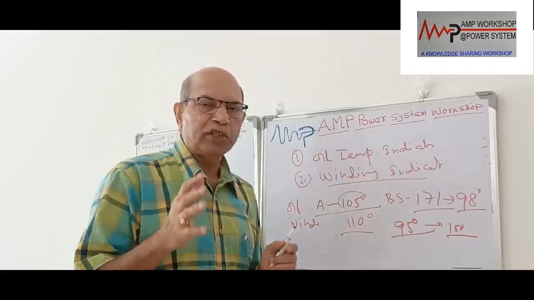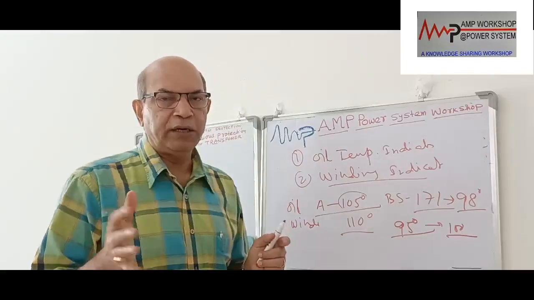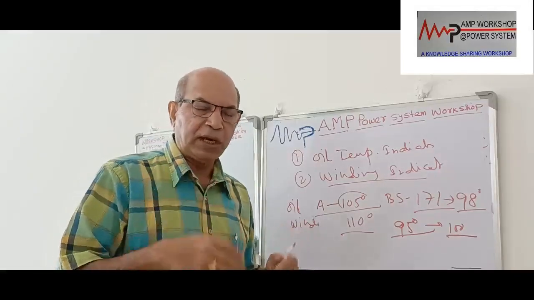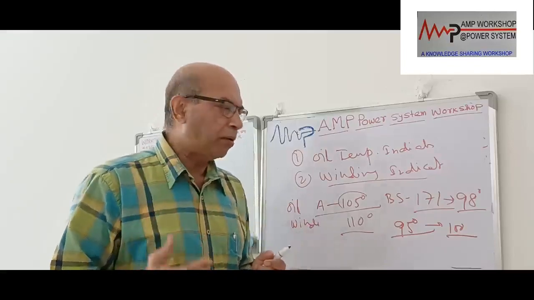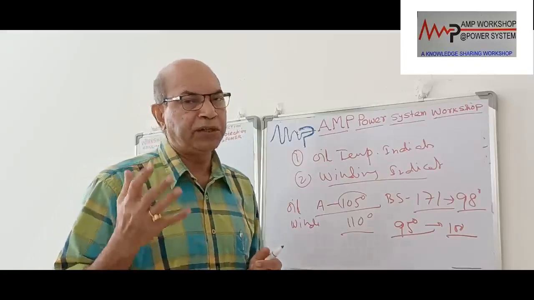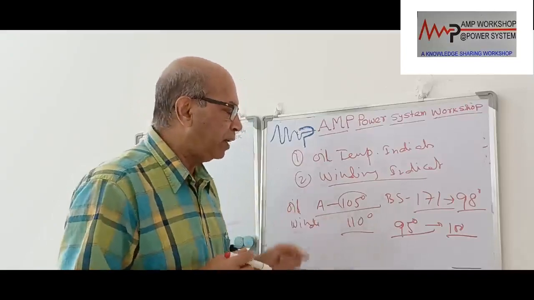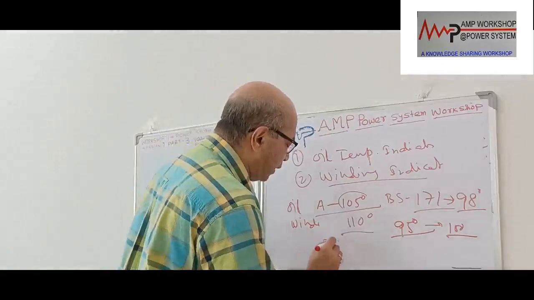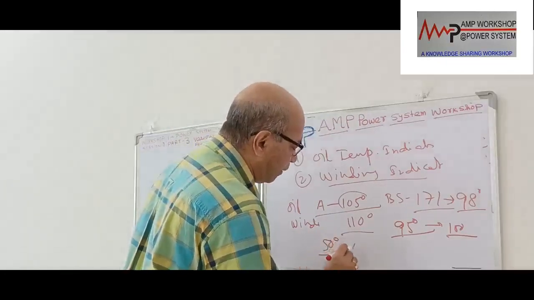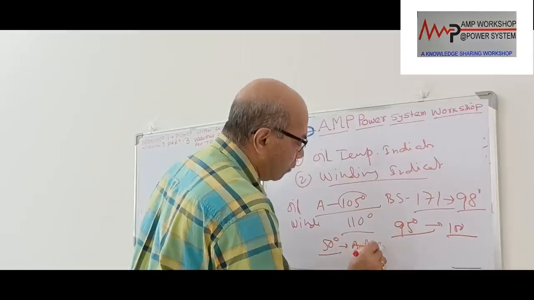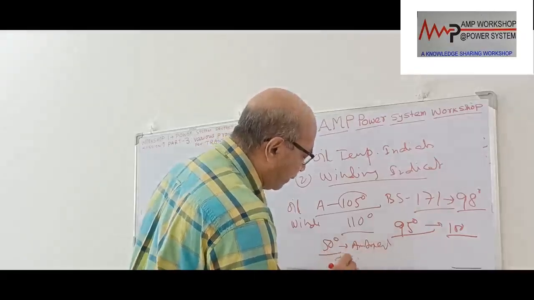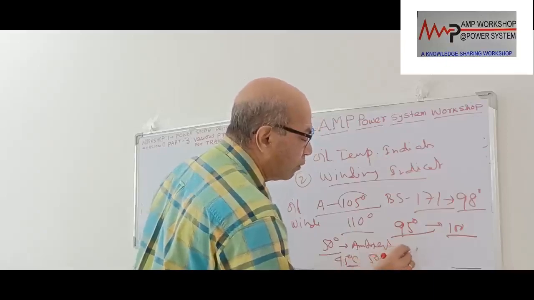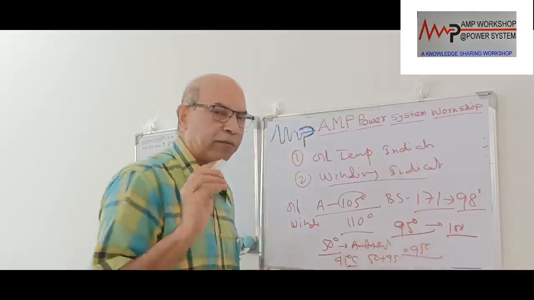Normally when you specify a transformer, it depends on the country where the transformer is installed. In Asia, Southeast Asia and the Middle East, we say the ambient temperature is 50 degrees centigrade maximum. With 50 degrees centigrade ambient, we allow a temperature rise of 45 degrees centigrade, so the total is 50 plus 45, equal to 95 degrees. This is what we allow for the normal condition.